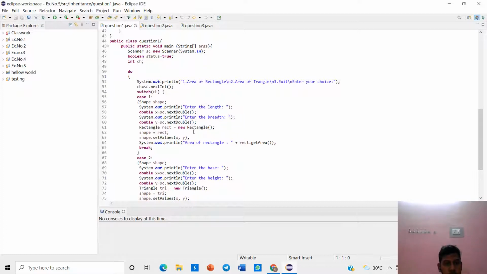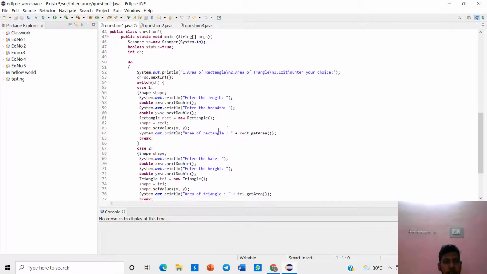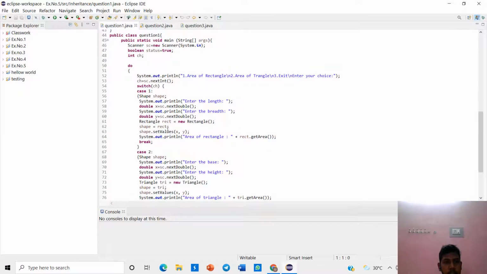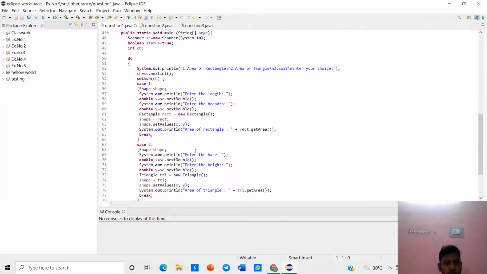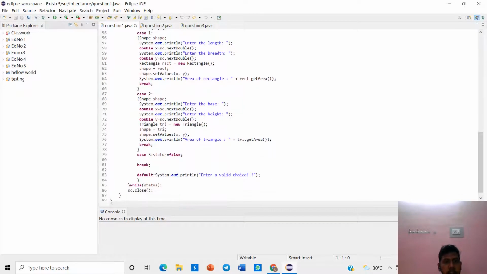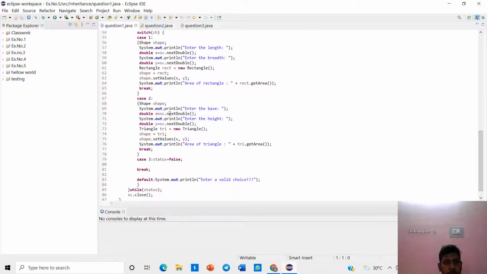Then we create a new object and it will get the set value from that rectangle formula, and it will be executed successfully and the rectangle area will be displayed, and after that triangle